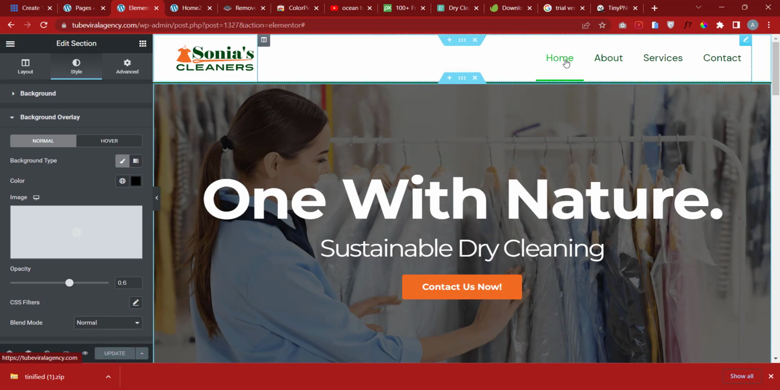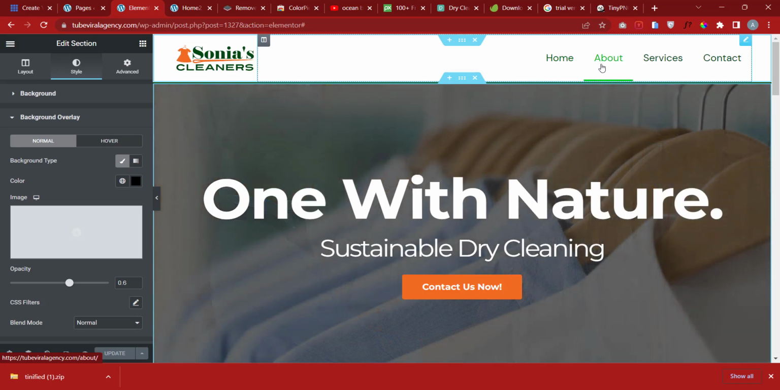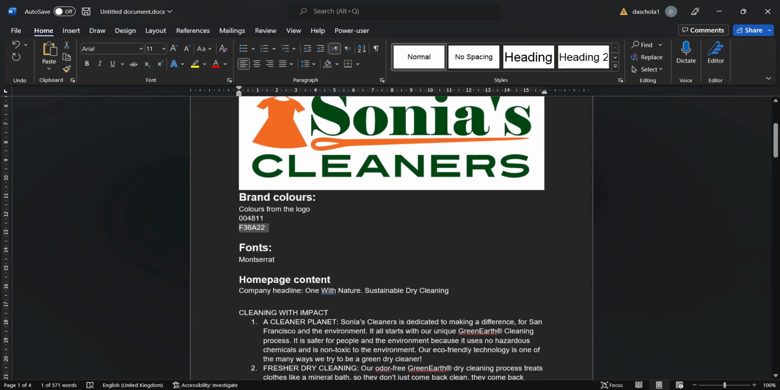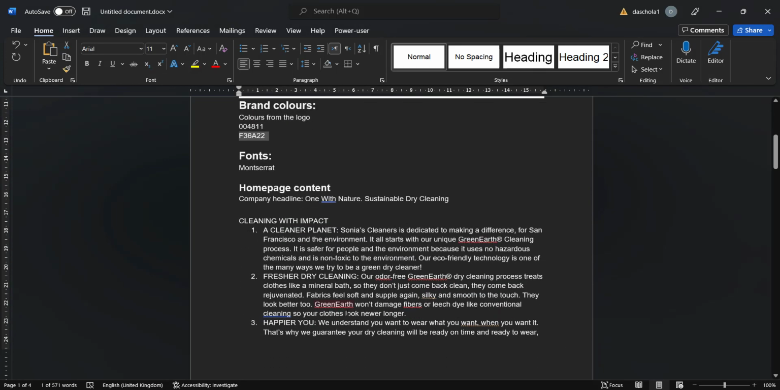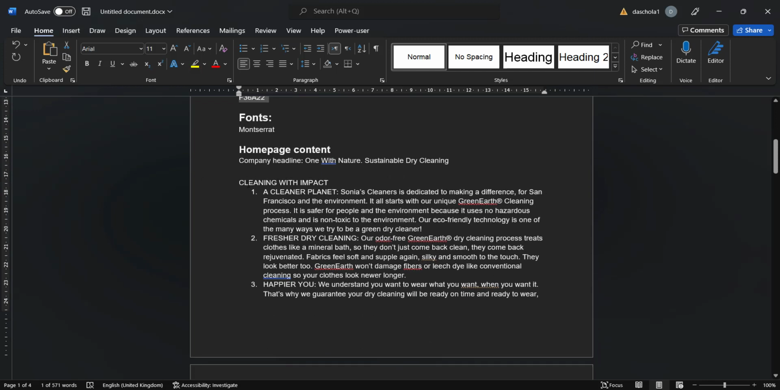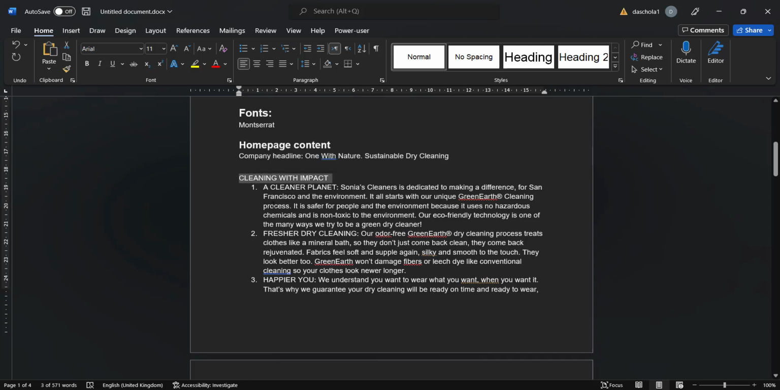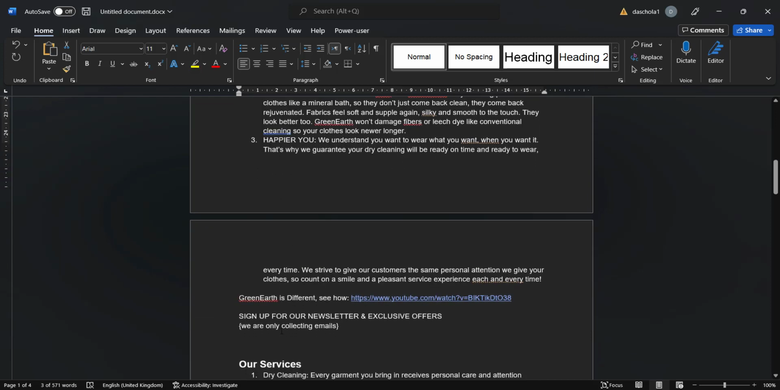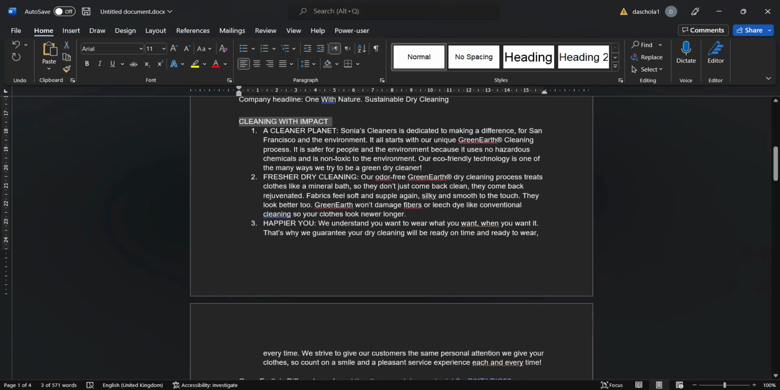You can see here I have an about page, but from what the company gave us, there is no about page there. You can see on page content, what they should use as the about page, they have already given to us to be used in the home page. You can see they said after the company headline, cleaning with impact, they mentioned 3 things under that. Then they mentioned some things here. So what I can do is that,